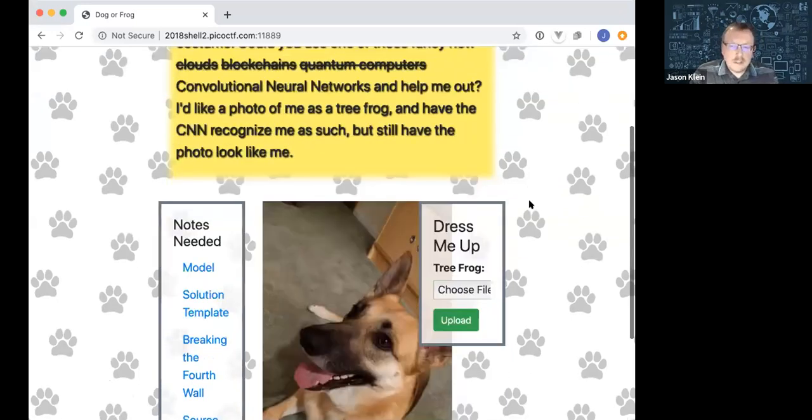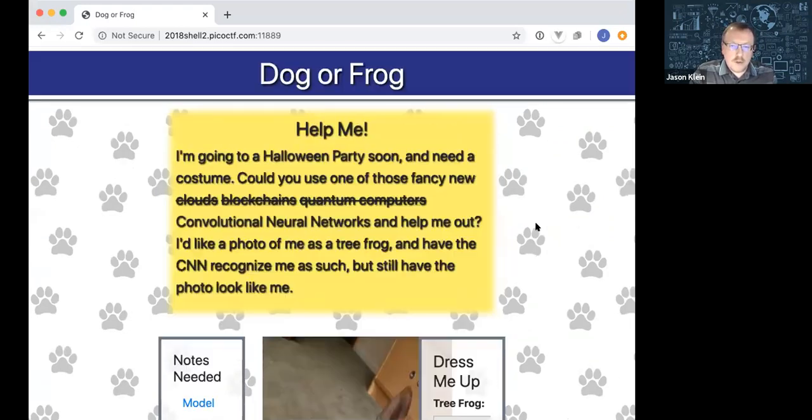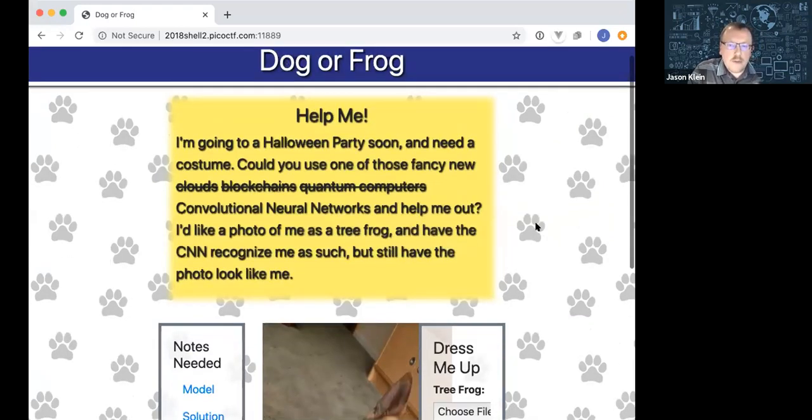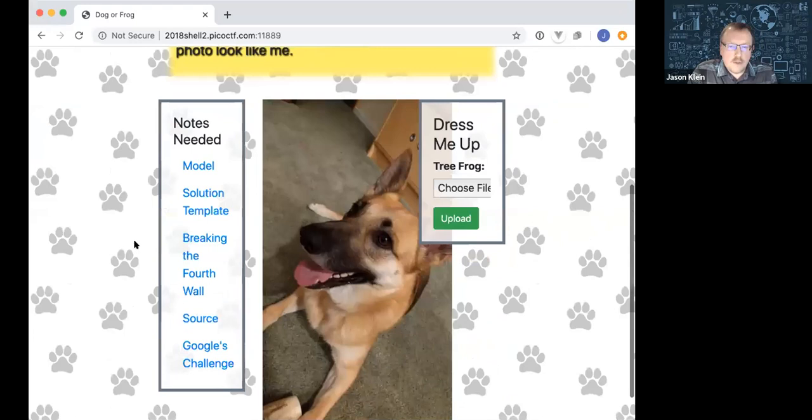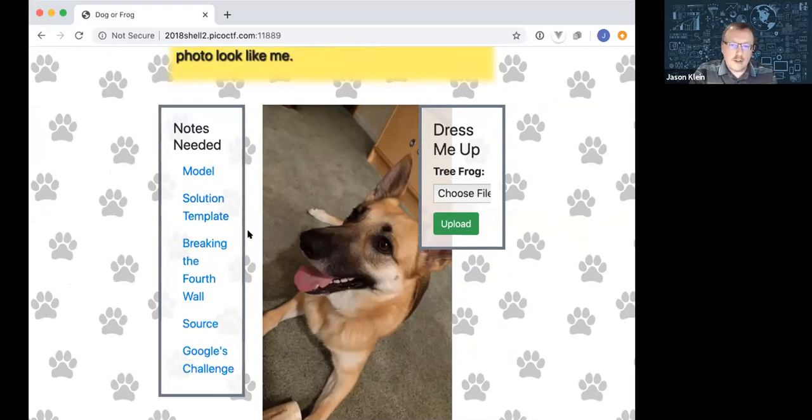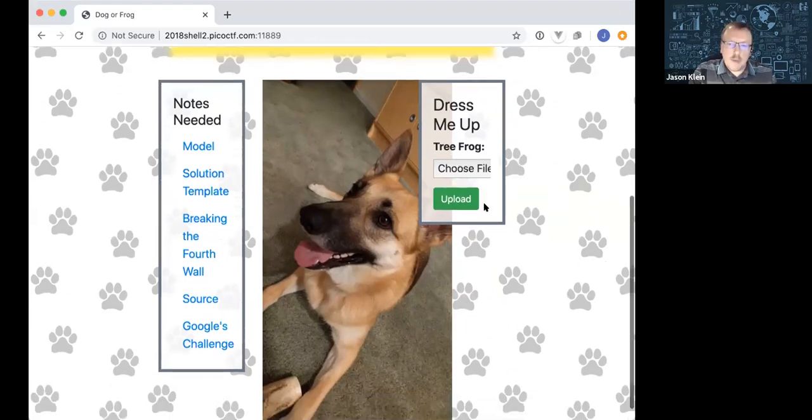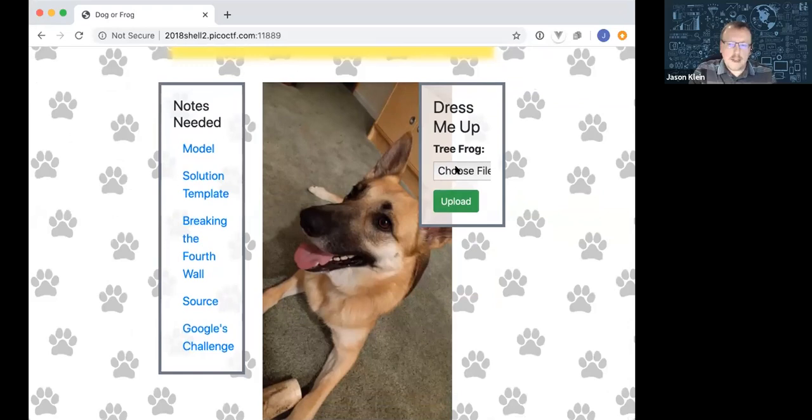So when you're doing a competition like this, they give you some advice, some tips. In this particular case, they were a lot more forgiving. They linked to some notes, and they gave you a template to get started. And I'll show all that here in a minute. But basically, the way to solve a problem like this is you choose a file, and so let's see here, dog or frog.